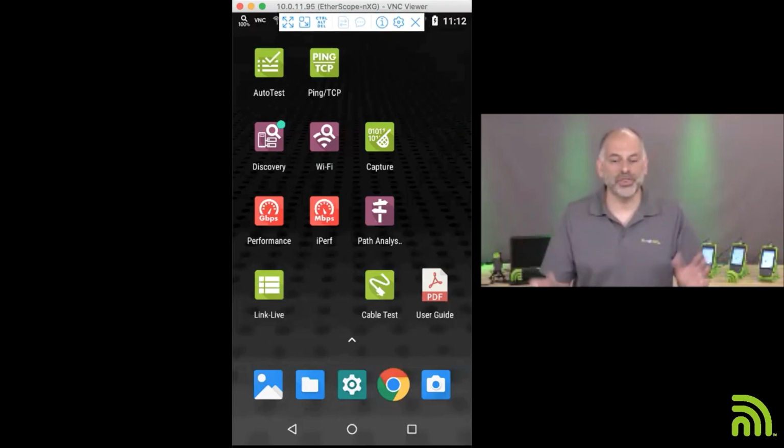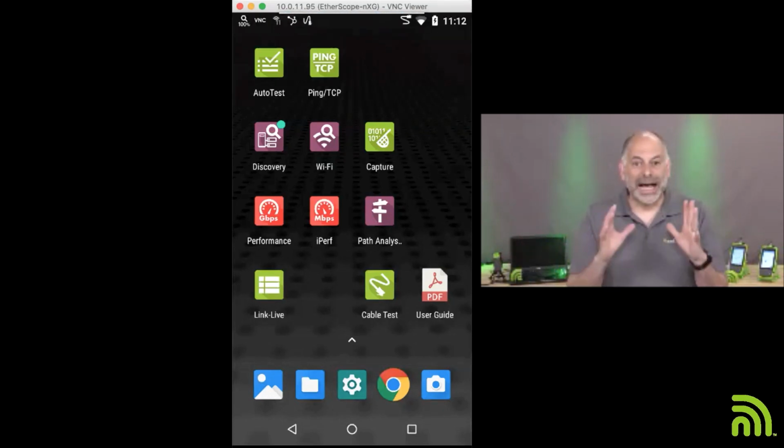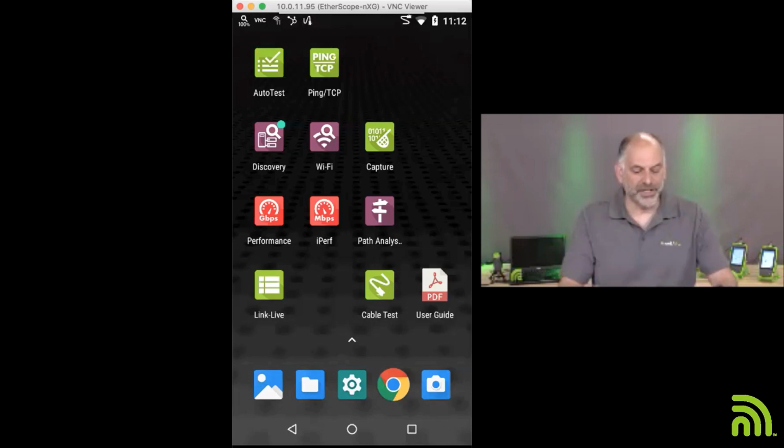I'm doing this all with the mouse. So I am driving this through VNC remotely. Okay. So now the first thing I want to do is make sure I have connectivity. So as far as remote troubleshooting, what are some of the questions that people get out on the remote end? Number one, I can't connect. So in this case, what we're going to do is we're going to come up here, we're going to run